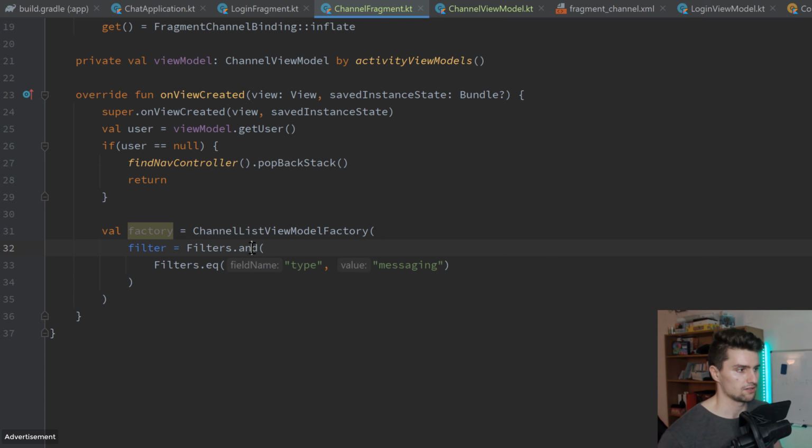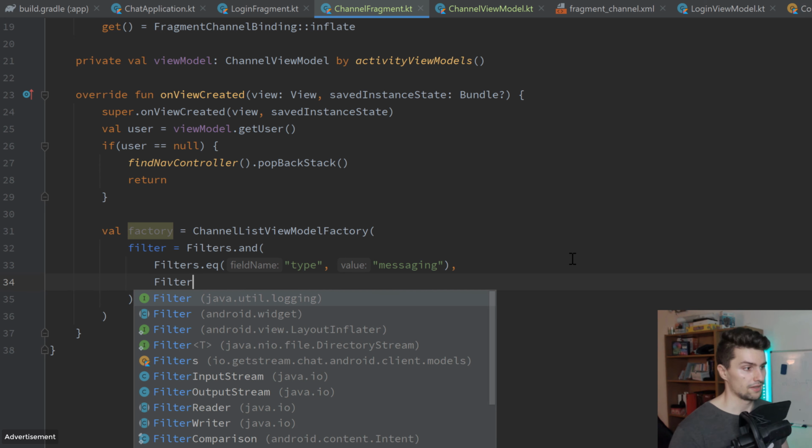I know I used an AND query here, so we could chain multiple filters, just to show you how it would work if you only want specific chats. For example, if you logged in with a real user, then you of course only want to display the chats for that specific user. Then you could do something like,